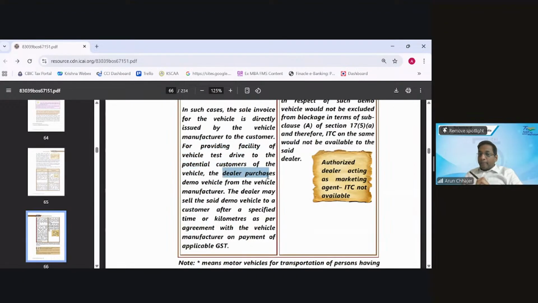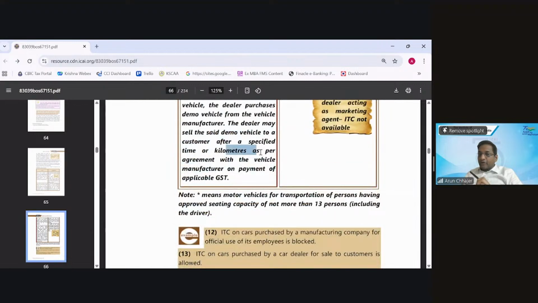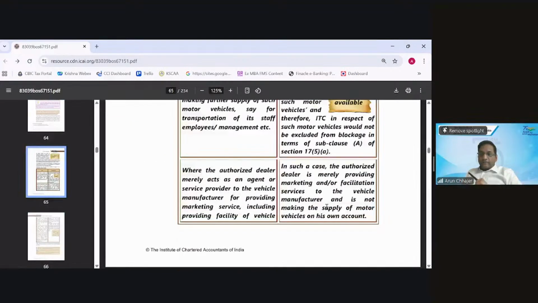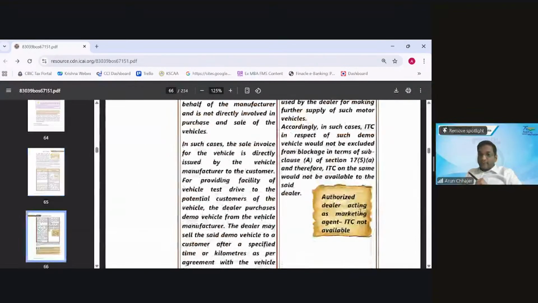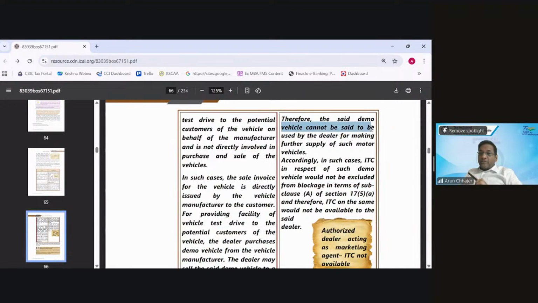The dealer purchases the demo vehicle from the vehicle manufacturer. Dealer may sell the demo vehicle to the customer after the specified time period or kilometers as per the agreement with the vehicle manufacturer company on payment of applicable GST. Therefore, in such case, the authorized dealer is merely providing marketing facilitation service to the manufacturer and is not making the supply of the motor vehicle on his own account. Therefore, the said vehicle cannot be said to be used by the dealer for making the further supply of that